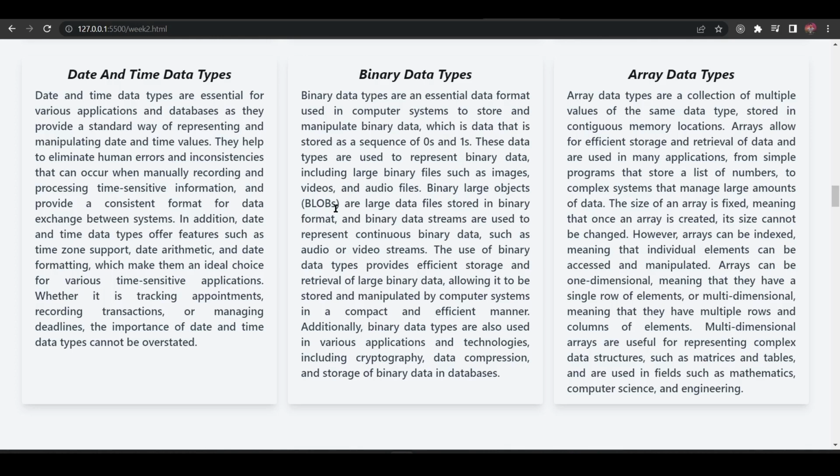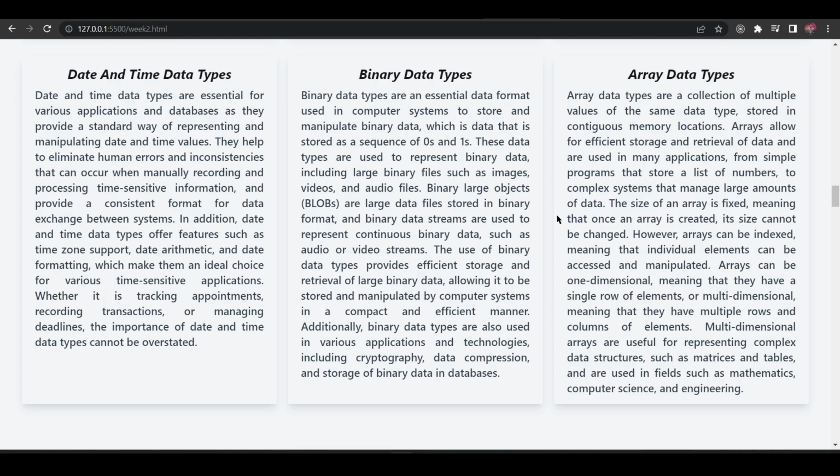These data types are used to represent binary data, including large binary files, such as images, videos, and audio files. Binary large objects, or blobs, are large data files stored in a binary format, and binary data streams are used to represent continuous binary data such as audio or video streams. So in binary data types, this is where the videos, images, and even the audio files are placed.